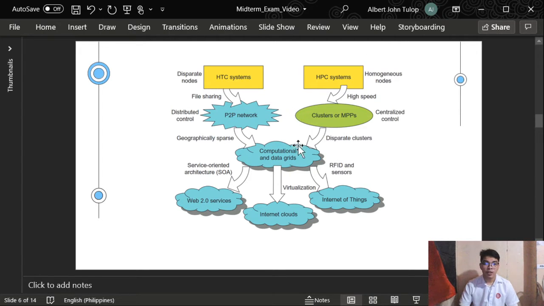After the age of computational data grids, service-oriented architecture or SOA emerged and Web 2.0 services became available. Developments in virtualization also took a leap and made it possible to see the growth of internet clouds as a new computing paradigm. And the Internet of Things development was pushed by the maturity of RFID and GPS and other sensor technologies. Now let's go to the interconnection networks.